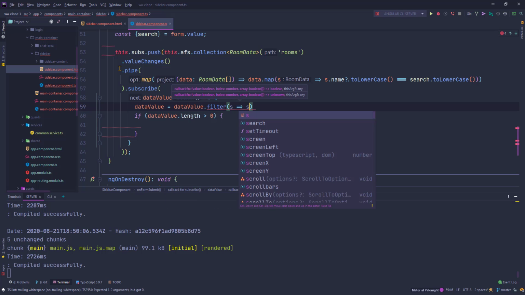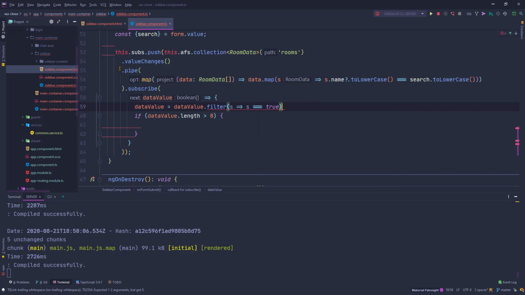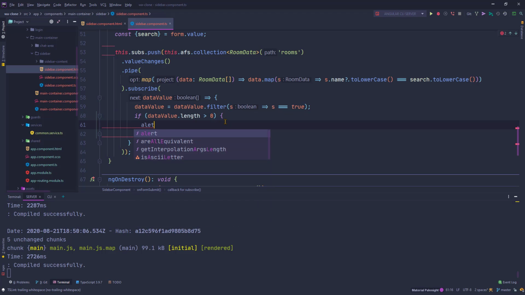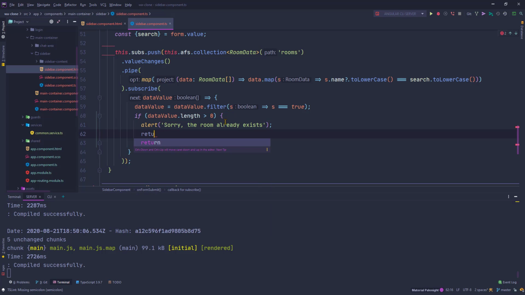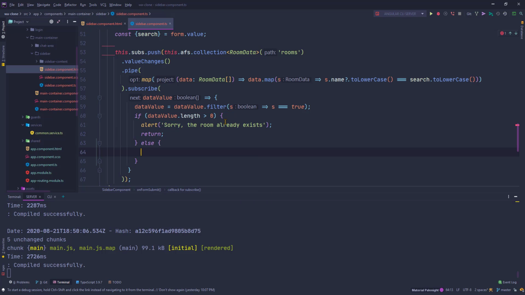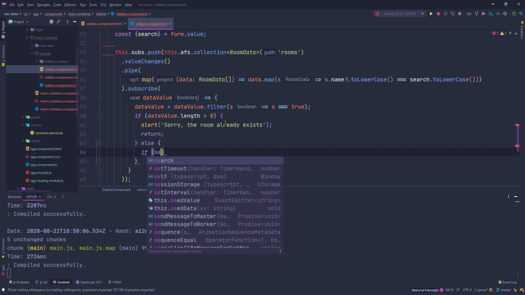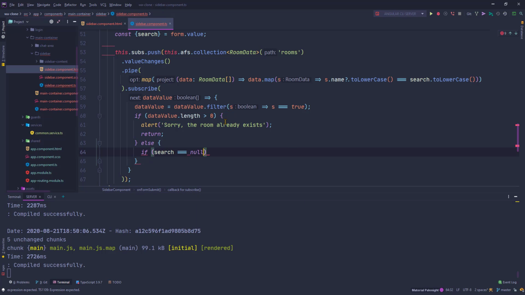Or I'll say data. First I'll check data value dot filter: how many trues are there in this boolean array, if there is any true value or everything is false. So if there is any entry, if this data value is greater than 0, that means it has a true value there. So I'll say alert, sorry, the room already exists, and I'll return from the call here, else